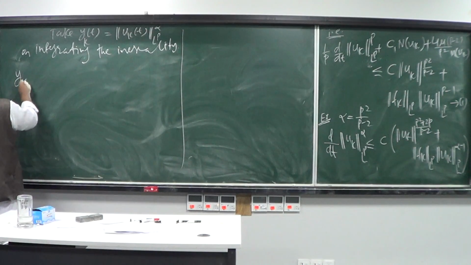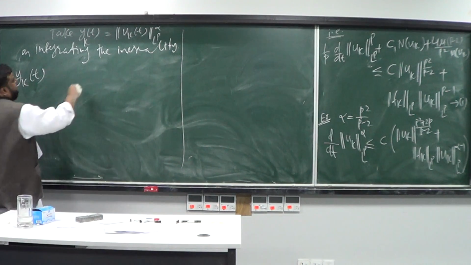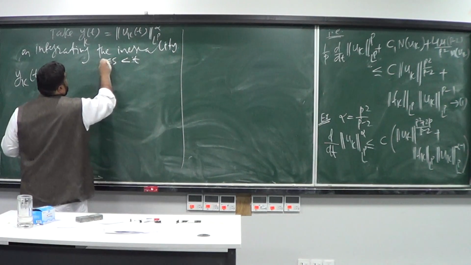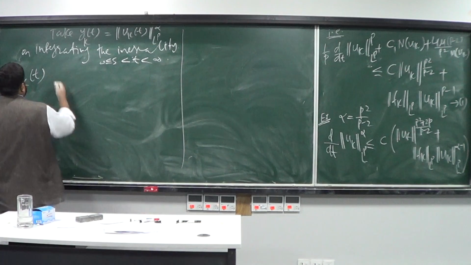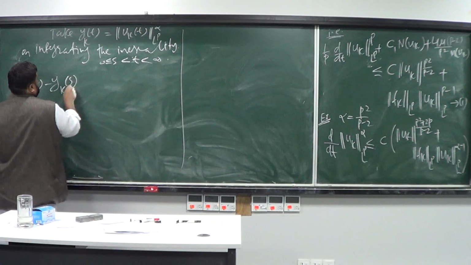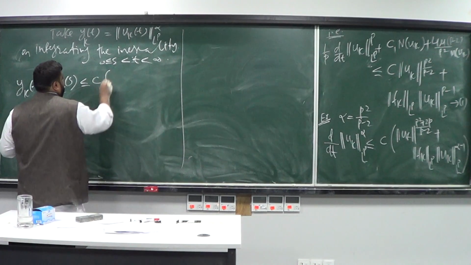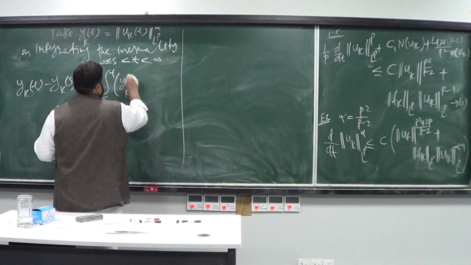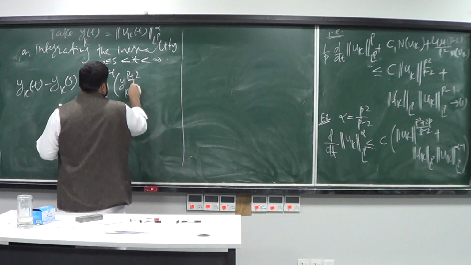So you're going to have yk evaluated at, if you integrate the inequality between s less than t, s bigger than or equal to 0 and t being finite, then the first term will become yk of t minus yk of s, and the other side will become something like this, C times the integral from s to t of yk, which is going to become p plus 2 upon p